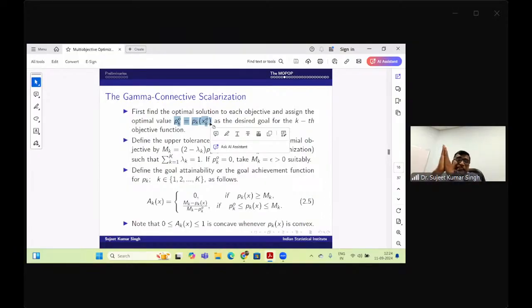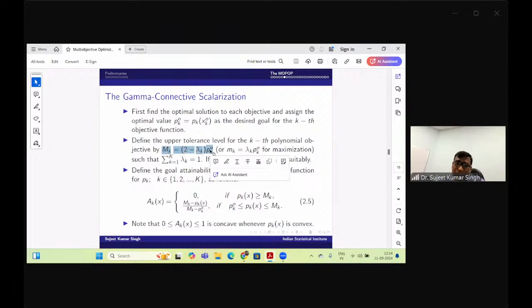That is not an ill-defined goal, because one objective cannot achieve better than its individual optimal value. So we assign the individual optimal value as the goal of each objective, and then we define some